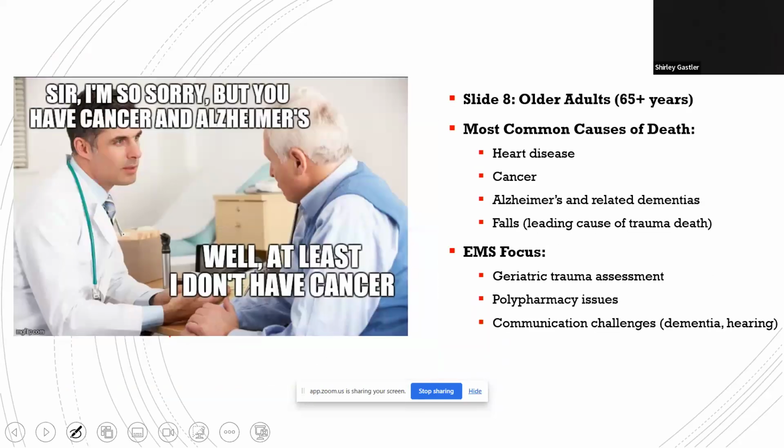And then once you get to the 65 plus, again, heart disease is the big part. That's one of the most common of all. Then certainly cancers, Alzheimer's related diseases, dementia, falls, that kind of stuff. Certainly these are groups too with polypharmacy. These patients are on just a ton of medications, and it's hard to remember one medication when you're young. I can't imagine having 10 to 15 pills multiple times a day. It's difficult. So polypharmacy ends up being a big piece of the puzzle.